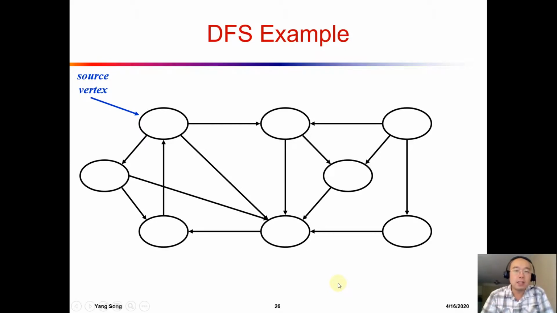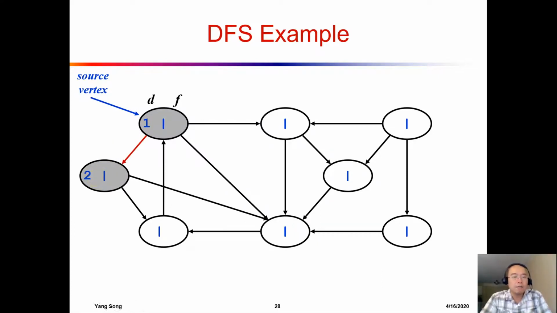So we have a directed graph. Remember, this one is directed, and then we want to start the DFS from this node. So the first step, we see the root, and remember we are using d and f. d is the time when the node is discovered, and f is the time when this node has been finished. Okay, so the d is 1, and then we select one direction that we want to go deeper. I decided to go to the left side, and then I discover the second one,